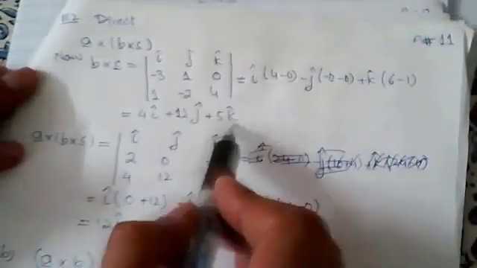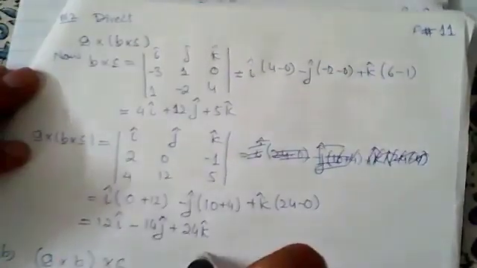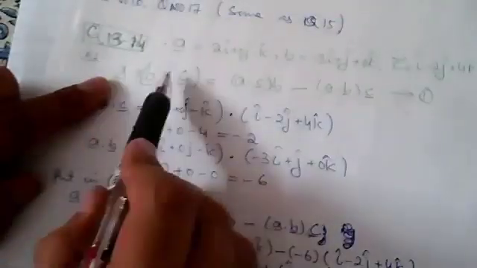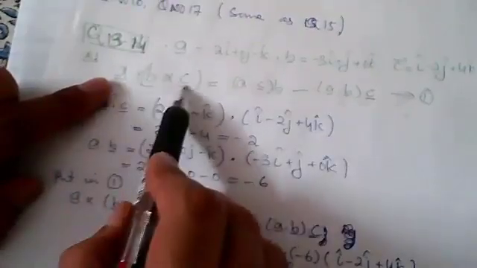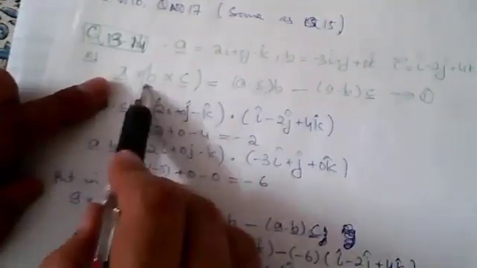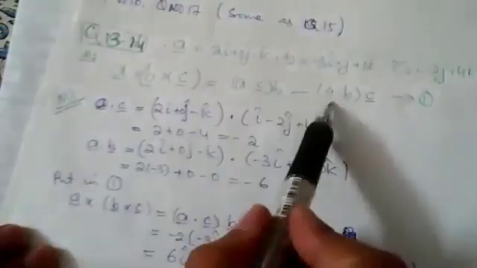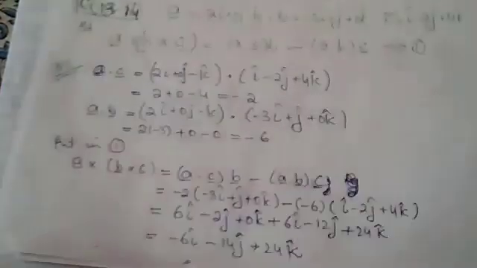First we find B cross C by using determinant, and then A cross B cross C. This is A vector, this is B cross C vector, and we have the answer here. If you want to use the identity, it is here. This is a formula: first A dot C, B as it is, then A dot B, C as it is. First you take the dot of the outer vector with the far one, and the nearer vector comes as it is; then the dot with the nearer one, and the far one as it is. So you need A dot C and A dot B. Now substitute the values in the formula, and you have the answer. Both ways you will get the same answer.